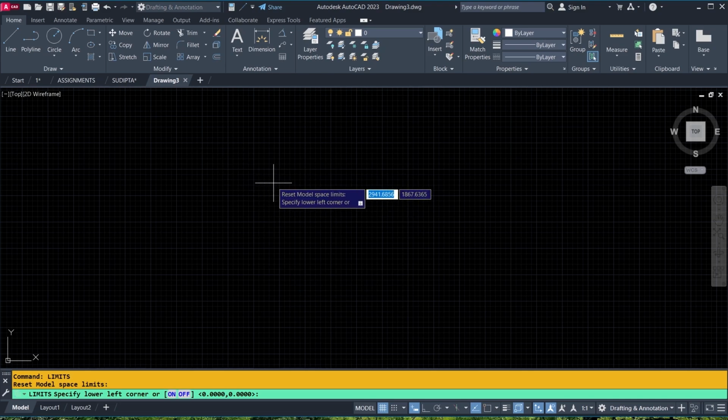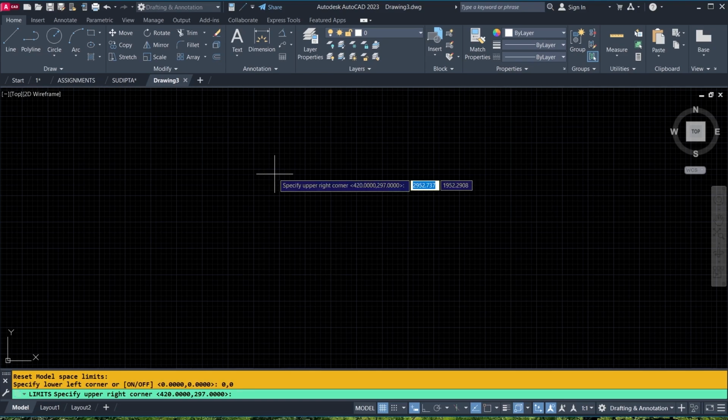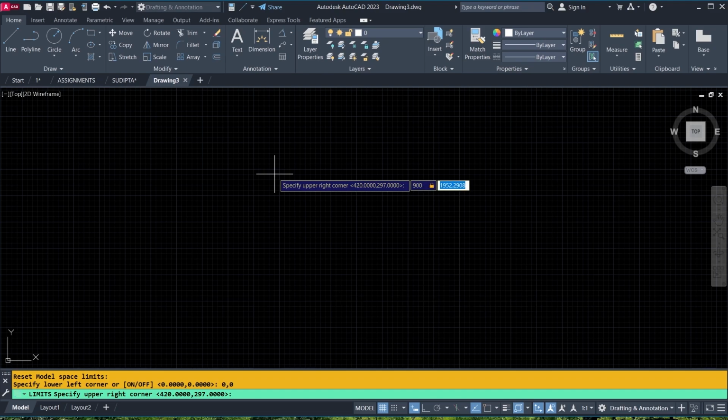Here, as the dynamic input is on, the command prompt is coming: reset model space limit, specify lower left corner. I want to specify lower left corner as 0 comma 0, that is origin. So I am typing 0, then comma, then 0, then enter. Now specify the upper right corner. Here I am typing for x axis direction 900, that is width, then pressing comma and then typing 600 and enter. So in this way limit is set,